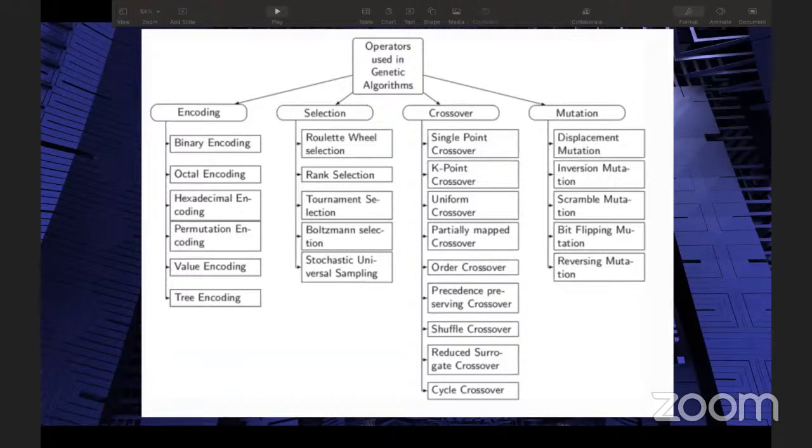After encoding is done, we go to the next step, which is selection. So in reality, if we were to spin up 100 Teslas and let them go wild on the road, it would have been very difficult because we would be dealing with real life accidents. So instead, if you look at a software simulation of the same thing, what we do is we generate a map of New York City on a computer. We create 100 different cars and we let them run in the environment as they normally would. Then what we do is we do a selection process.